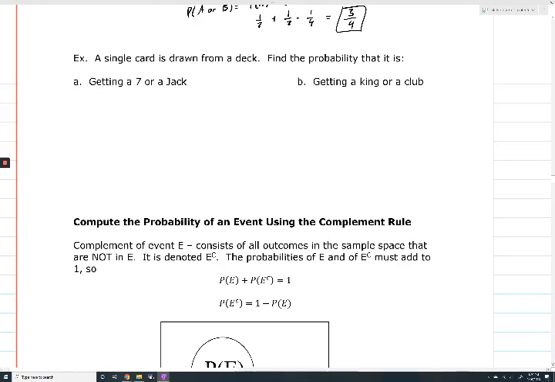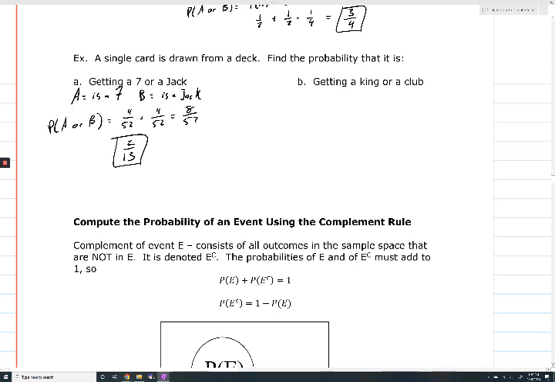All right. A single card is drawn from the deck. Find the probability that it is a jack or a 7. So A is a 7, B is a jack, and we are finding the probability of A or B. So probability of A or B, there are 4 7s and there are 4 jacks. So that gives us 8 out of 52, which gives us 2